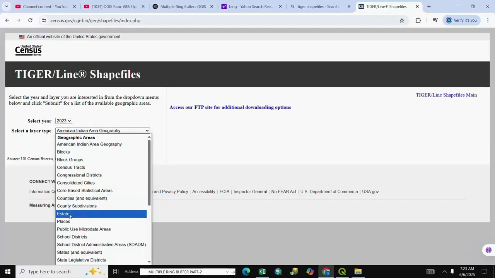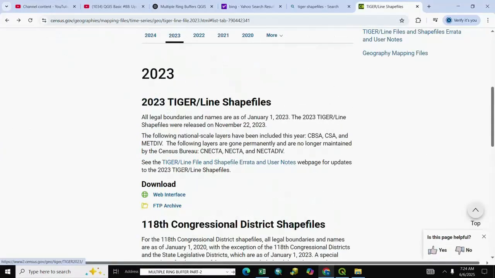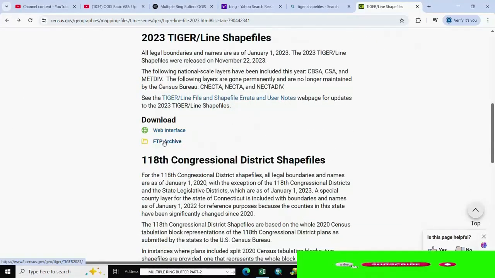We select here state, and for download we submit it. So our shapefile is downloaded.